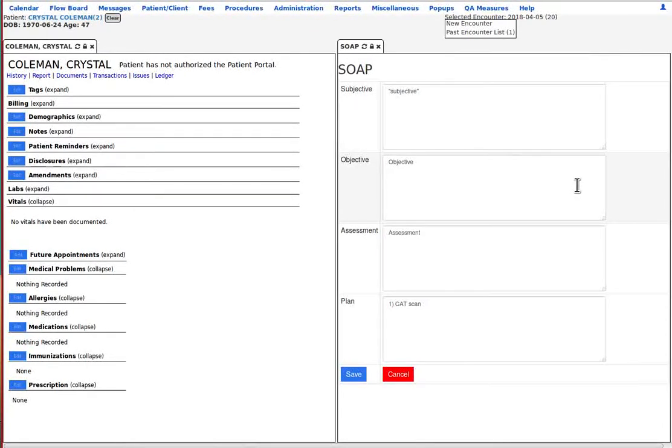Now, a provider's patient care order has two components that must be legally verified: the order itself, which is in the SOAP note, and the transcription or execution of that order. Now, in the plan section of the SOAP note, the provider must state their intention to order a procedure. Let's say the patient is being sent to an outside radiology clinic for imaging. Here's the order for the CAT scan, and it's going to be head,